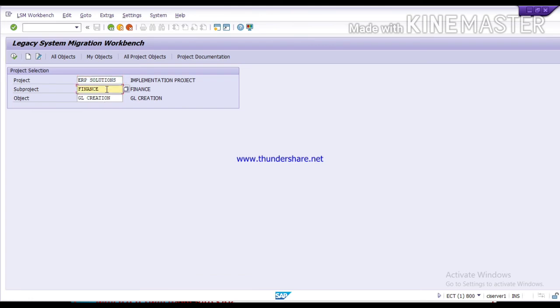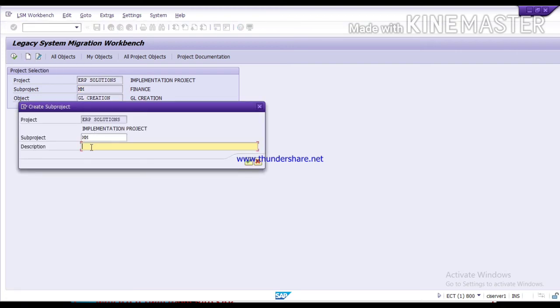Now if you want to create a new module, that is your material management, we will enter it and just click on this create. Here you can give the detail. And just continue.